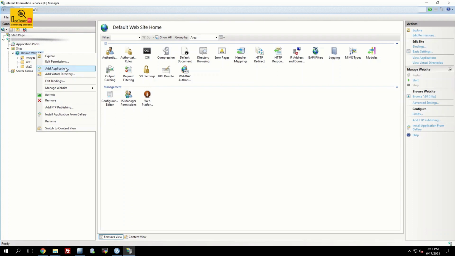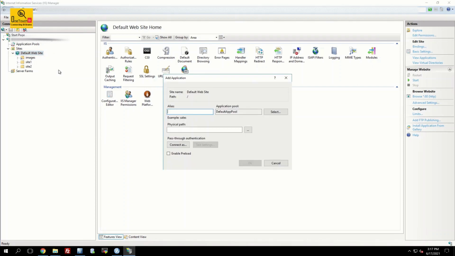With IBM Cognos 11.1.7, if you go with a simple virtual directory creation, you won't get the permission to execute the JavaScripts. In order to enable that execution permission, you need to create it as an application. So for that, right click on default website, add application. That inherits by default the read and execute privileges.